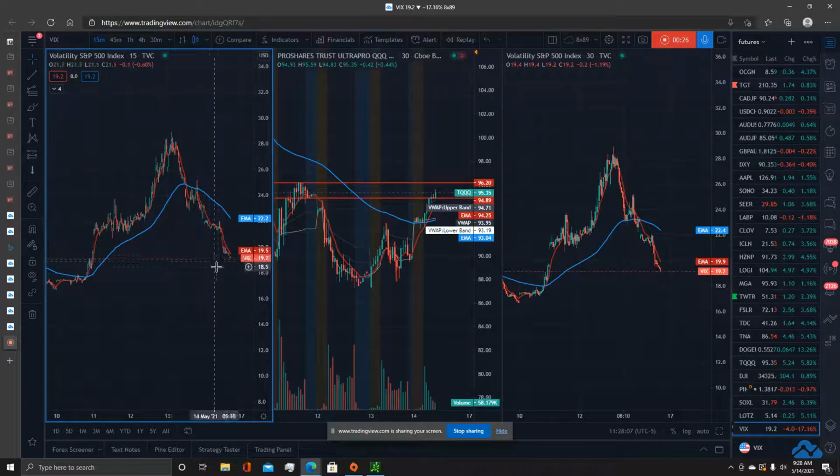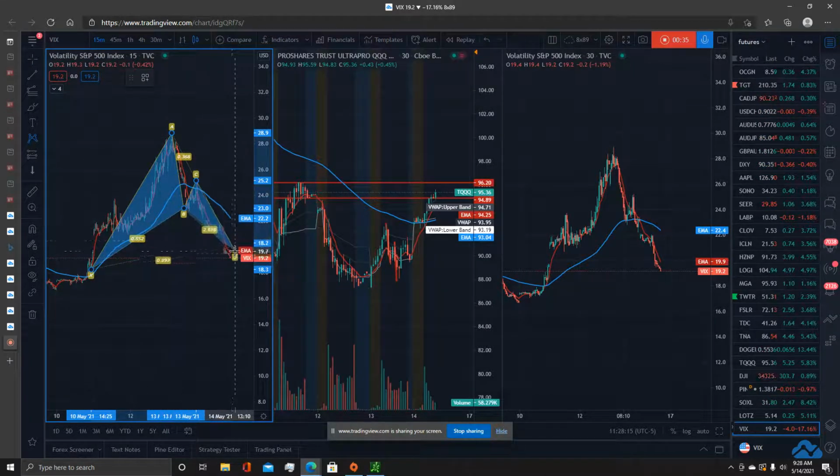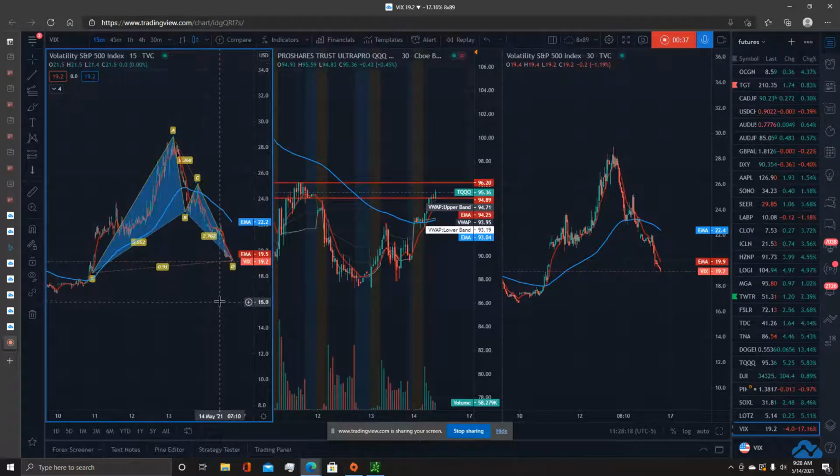Right here, we can see a bat pattern. This one's a little bit harder to see because of this small wave right here. But it is doable and it is at a structure. So we are going to draw it and we are going to consider buying it, okay,